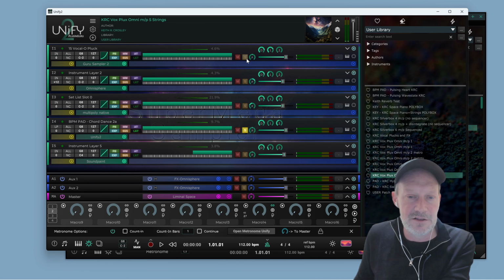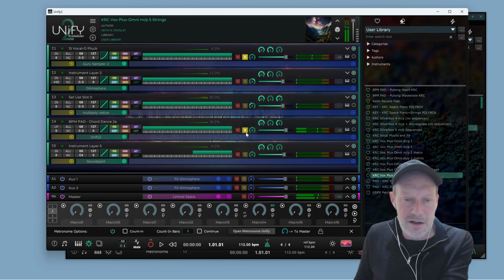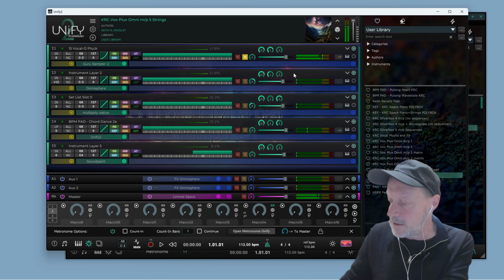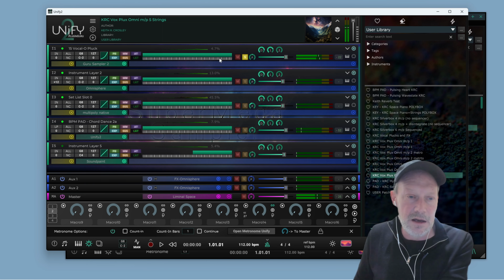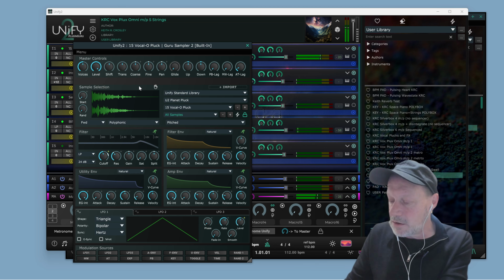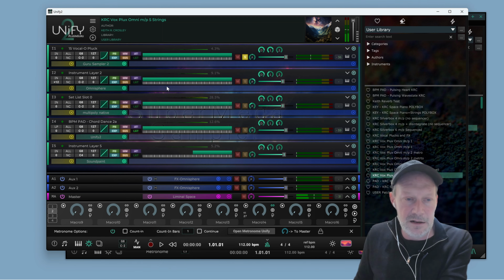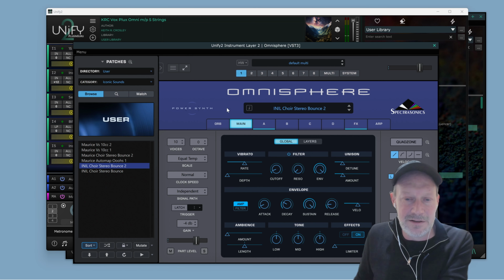But this patch started with this, oops, unsolo that one. This kind of little vocal pluck Guru sampler patch. And I thought that little vocal was nice. And so I mixed that in with my multi-sampled, I think this is the I'm Not in Love choir. Come on, Omnisphere, you can do it. Yeah, it's choir stereo bounce,